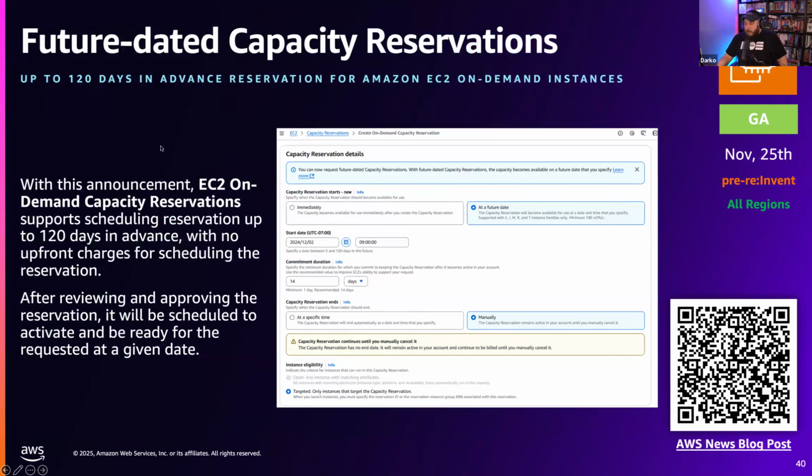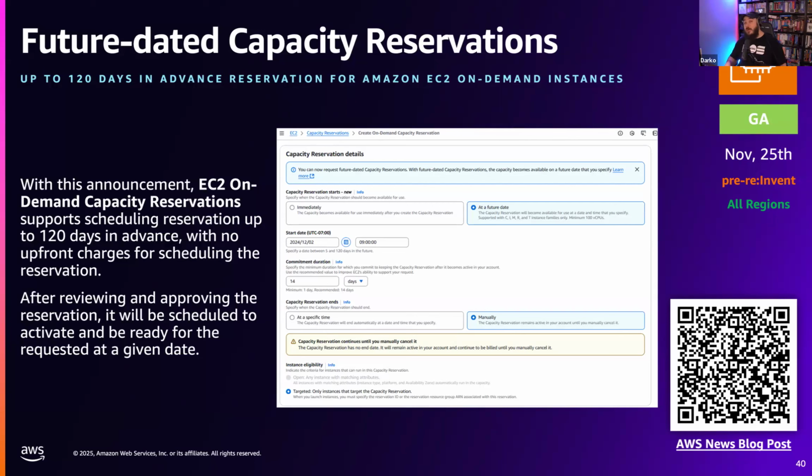So for some EC2 instance workloads, you need to reserve capacity up front. So if you want to do some incredible data processing and you need an incredible quantity of very expensive EC2 instances, in the past, the way you used to do it is that you could just reserve it up front. Before, there was a way to reserve it, but it had to be done either immediately or in a very short time span, right?